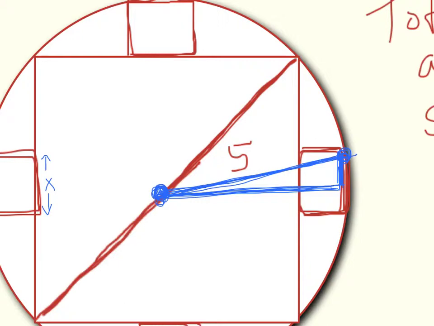The hypotenuse is the radius of the circle, so the hypotenuse is easy. That one's 5. So I can just leave the 5 right there. This side right here is exactly half of the square side length. So that side would be x